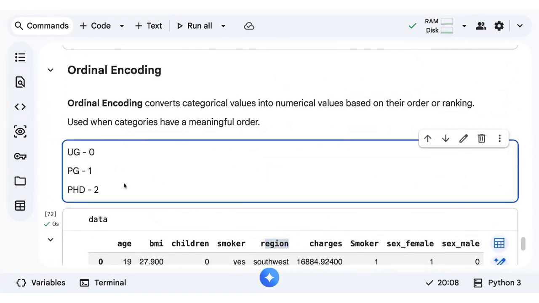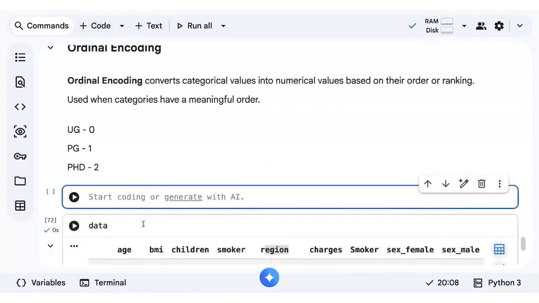Shall I give an example here, a general example? Is it okay if I give it here? Not related to the project, but a general example. You can do manual mapping, or if you want to automatically assign values, then you can go with an ordinal encoder from sklearn. Just an example. It's okay, it's not related to your project. Just an example for your reference.